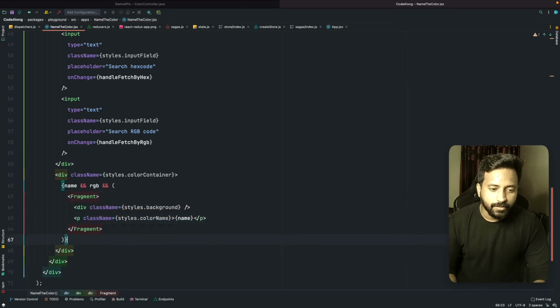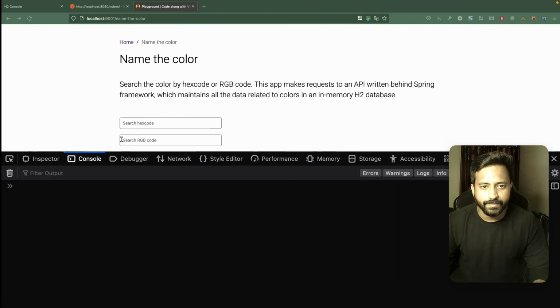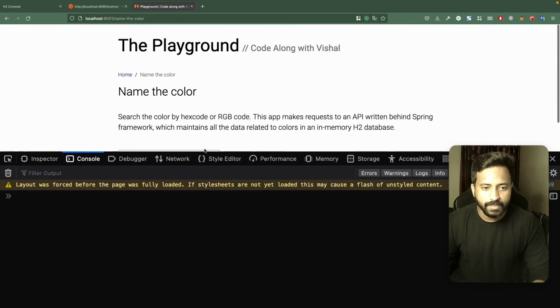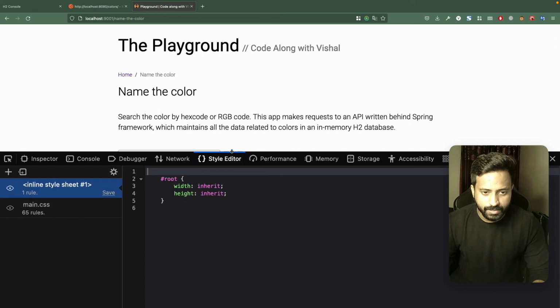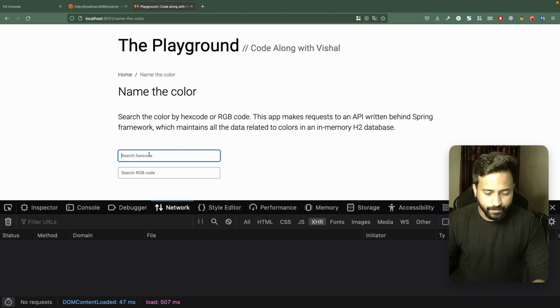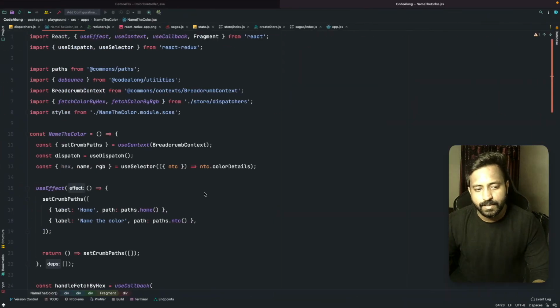All right, so we have the name ready, but the background is still not there. So let's just render and see if everything is working fine or not. So right now there is nothing on the screen. Now let's make the API call 000000, and you can see the name is getting updated, but the color is still not there.